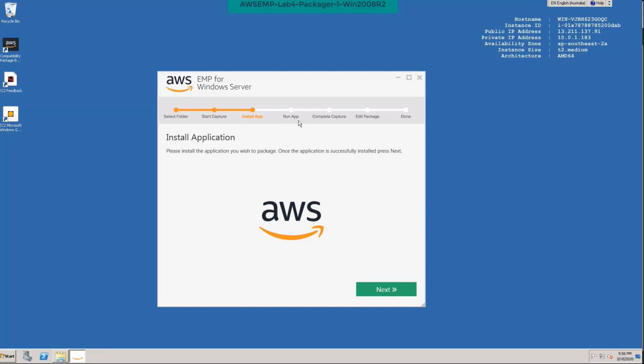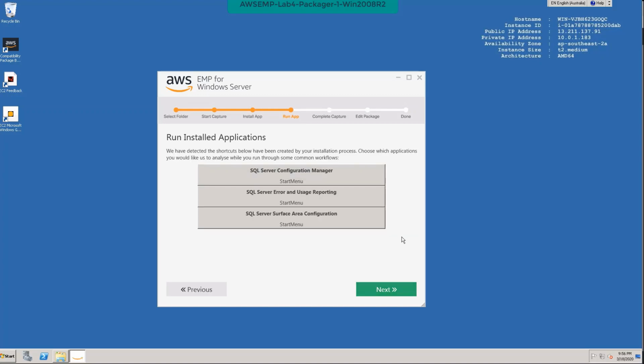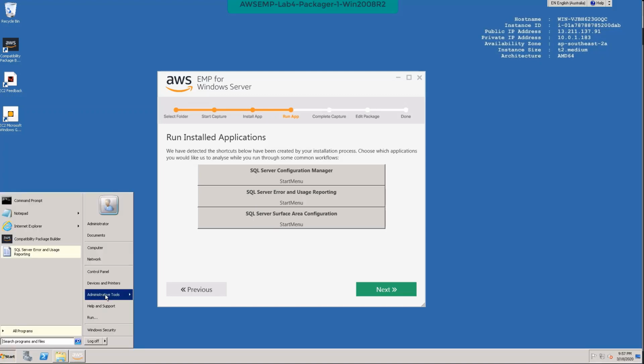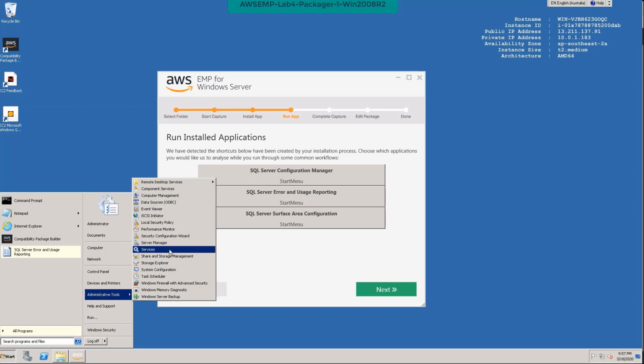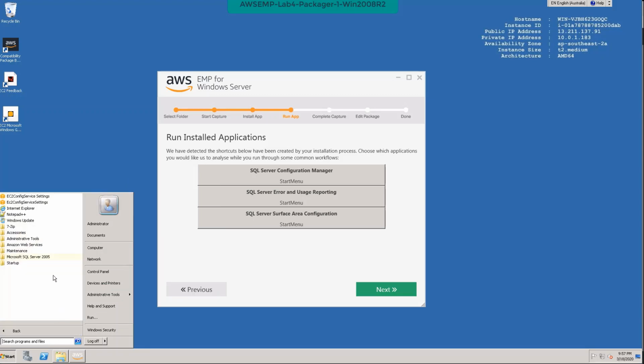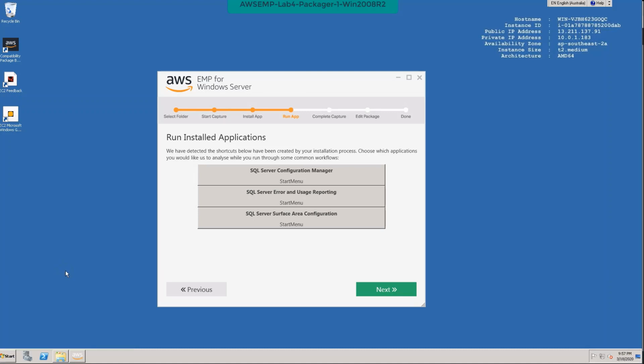The next step is to go to the run application step. These applications you don't need to run because they don't create extra changes in the system, so you can safely skip this step. Having said that, you need to stop the services that are running. If you go into all programs, start SQL Server 2005, SQL Server Configuration Manager,